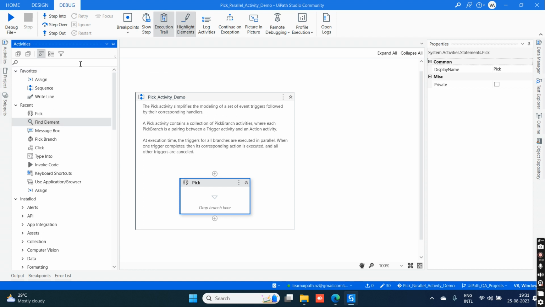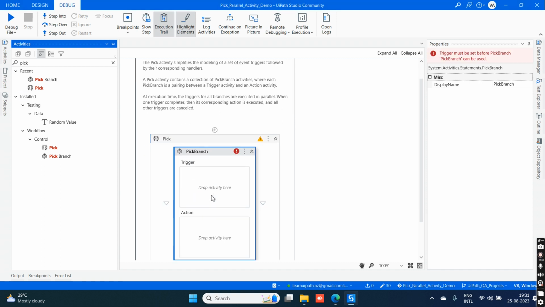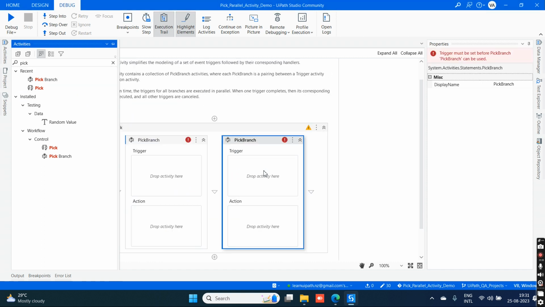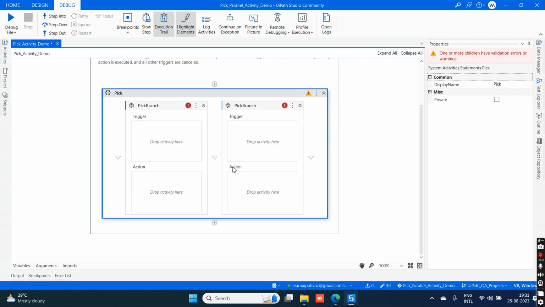So now let's go for Pick Branch, drag and drop. We'll take another Pick Branch. You can add any number of Pick Branches in a Pick activity. In this container, I can use a number of Pick Branch activities. So what is actually a Pick Branch? A Pick Branch has two sections, Trigger and Action. Within the Trigger